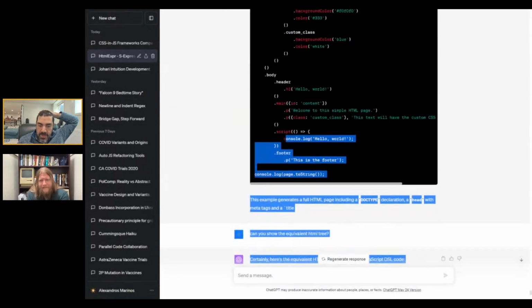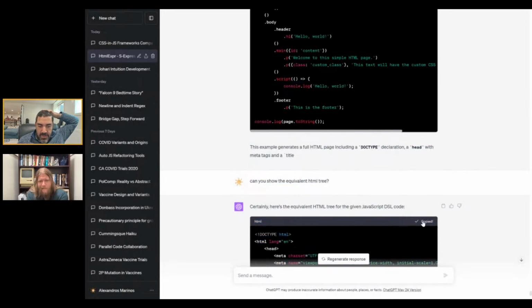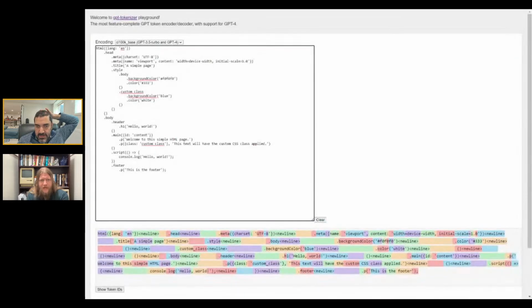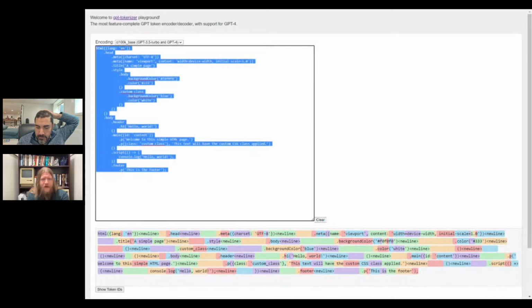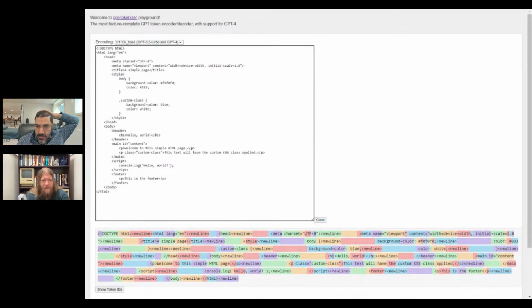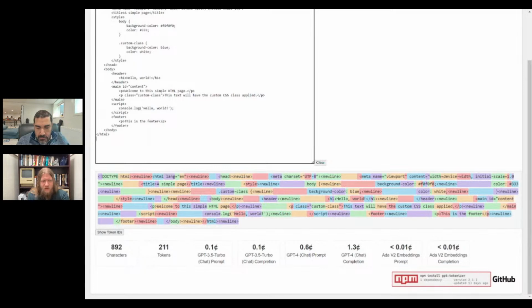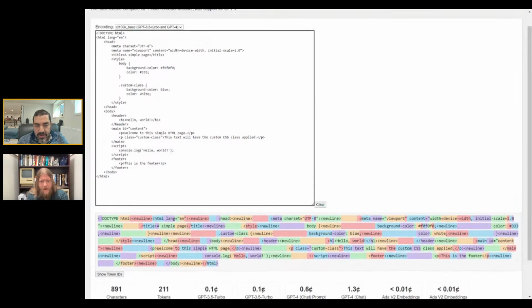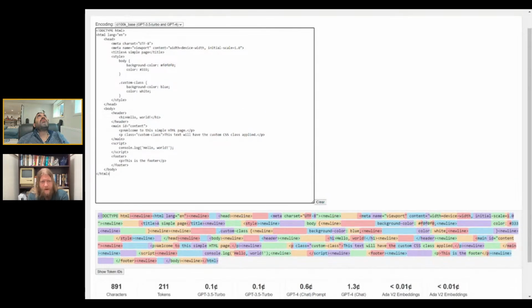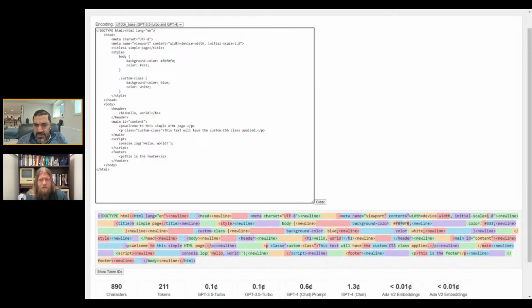Okay, so basically, the condensed syntax code is 194 tokens, and drumroll, let's see what the new one is. 211. So 17 tokens difference, or I don't know, 8% or something off the top of my head. But what happens if